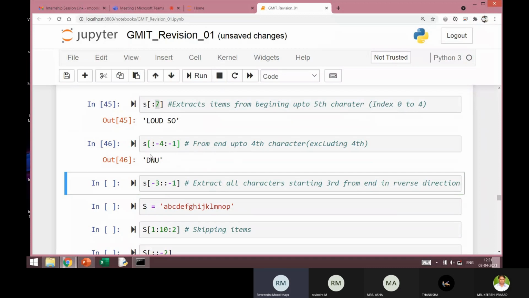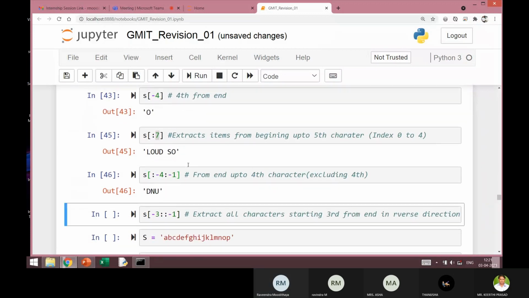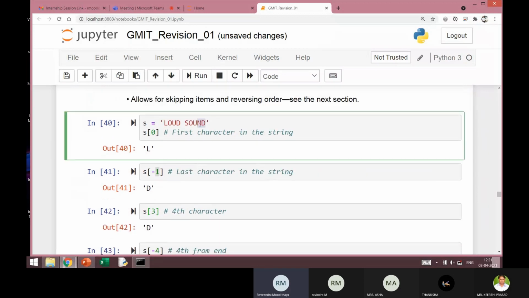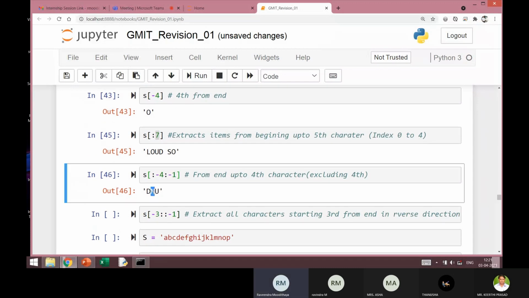What has happened here is it started from -1. Remember, you are going from end to beginning.